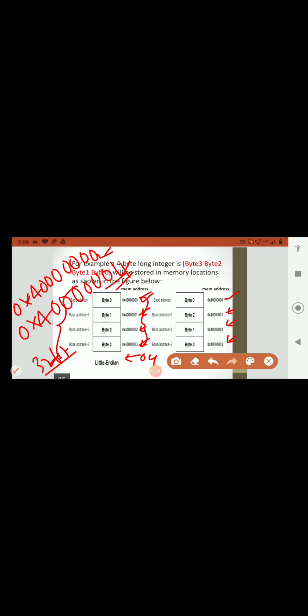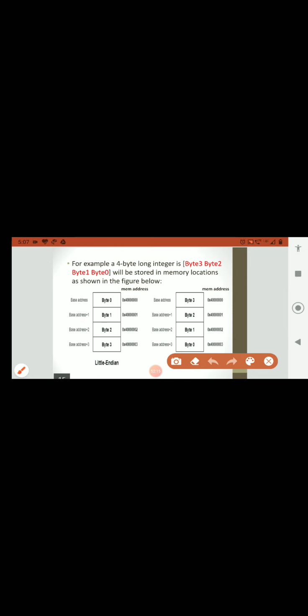So that's why this 0x4000 0000 memory location is the starting address of this 32-bit information, whereas the next memory location will be this one, 0x4000 0004. And you can see one more thing here. So I think it is clear how the memory addresses are mentioned in both the cases.